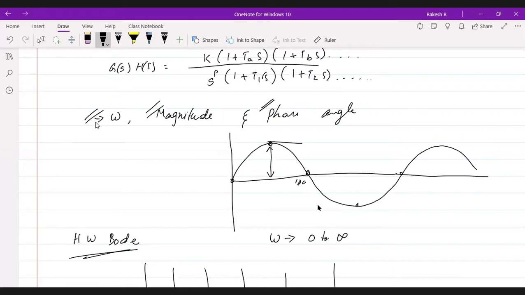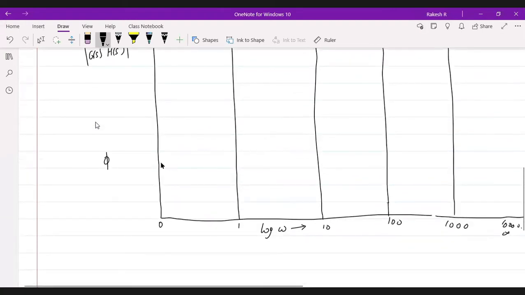This is the point where it is changing its phase. Similarly for the phase angle, I'll be taking 180 as the reference point. Above that, I'll be plotting from 90 degrees or 0 degrees, and here 270 and 360 degrees. Now 180 will be our reference. Above that it is 0, and below it is till 360 degrees.